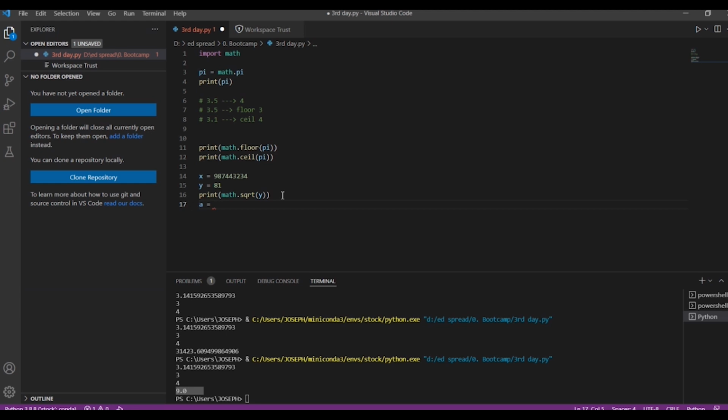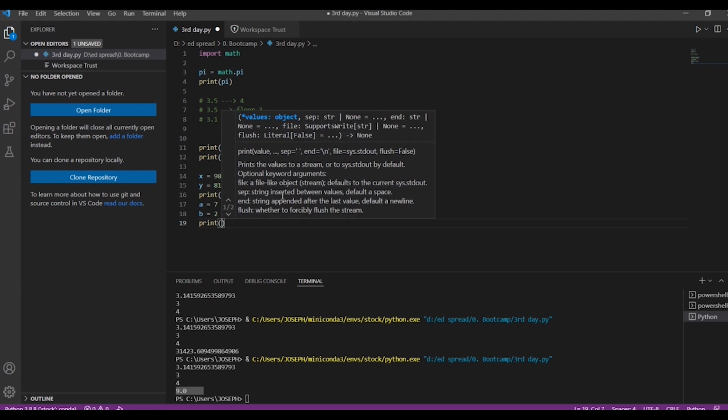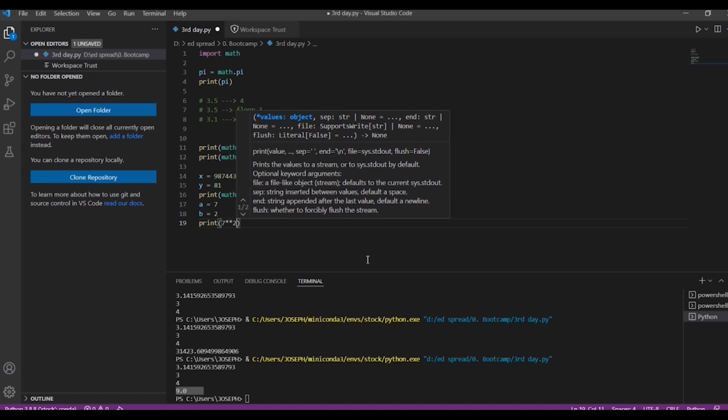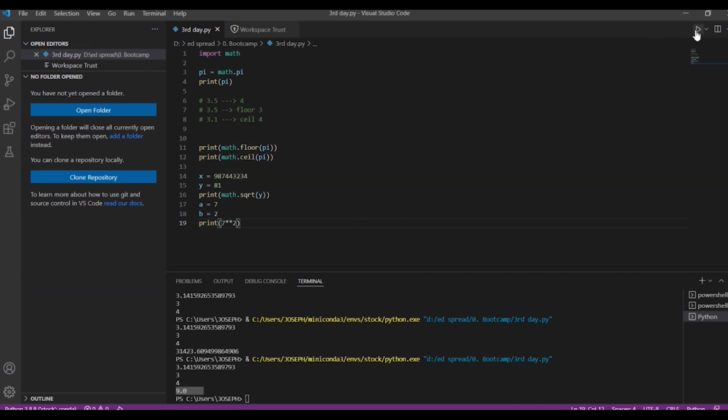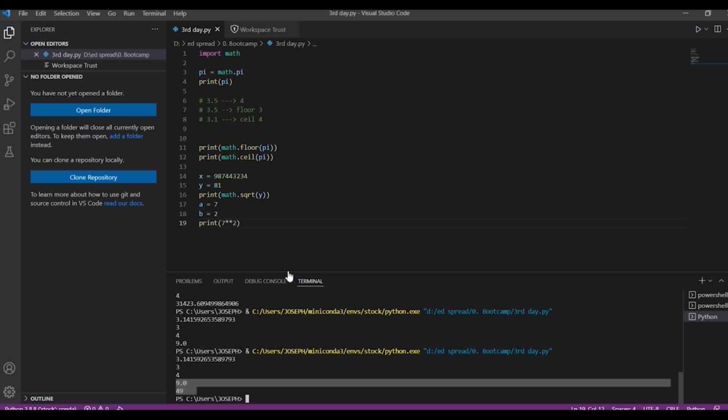Let's take a value of 7 and b value of 2, and consider I need 7 to the power 2. We all have encountered a method for finding exponential powers, and I hope you know the answer, 7 double star 2, which gives